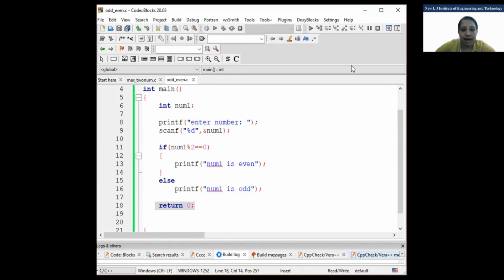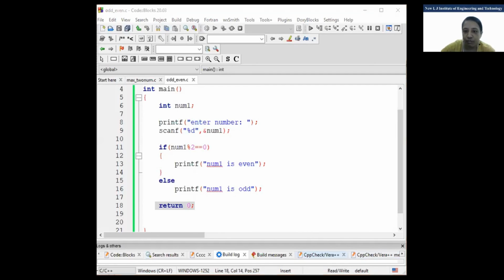Clear? You have to write a program to find out the maximum from 3 numbers. You are supposed to use either the if statement or the if else statement. Only 2 options you will have, right?